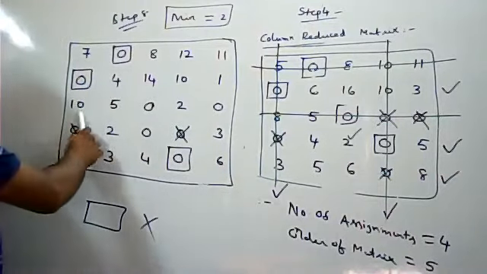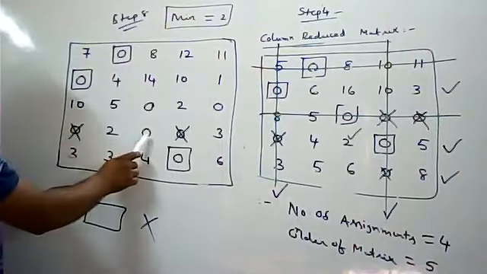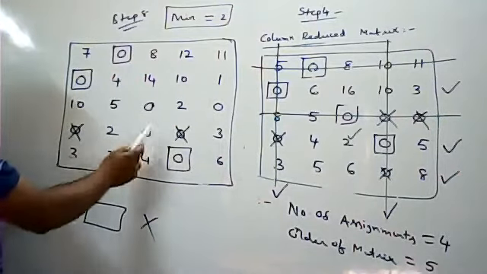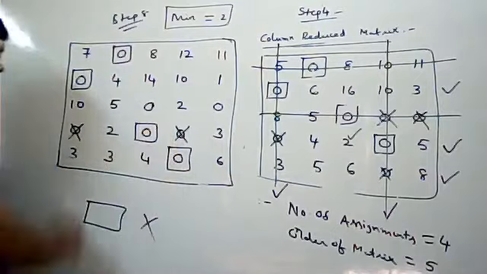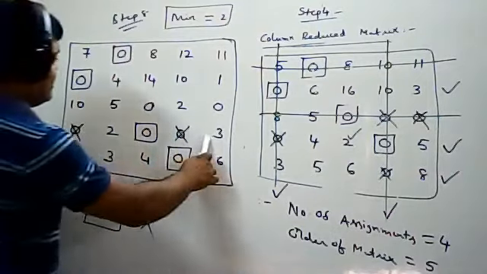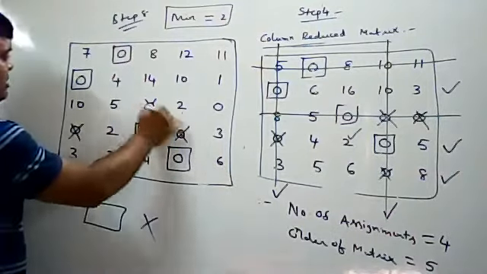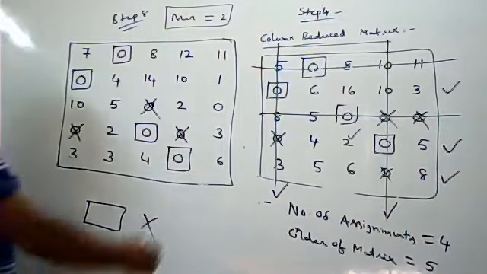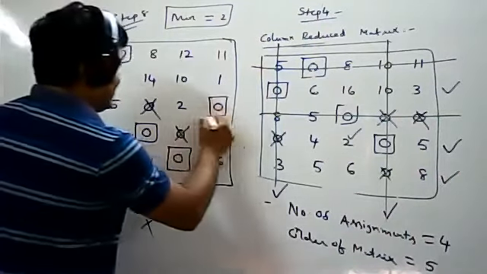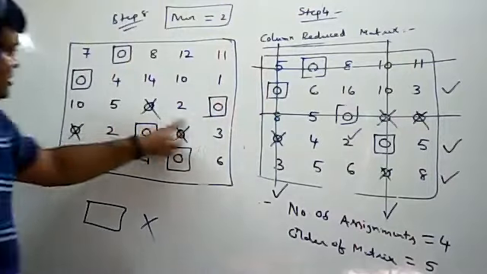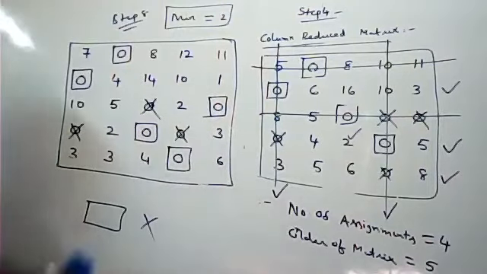Now go for single 0. Third row has 2 zeros. Fourth row now has only a single 0, since these are crossed. Single 0 means directly make the assignment. Any other zeros in the row side or column side should be crossed off. Now, is there any row that consists of a single 0? Single 0 is available. Directly make the assignment. Any other zeros in the row side or column side should be crossed off.